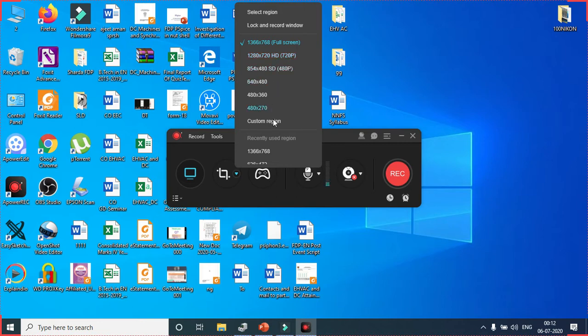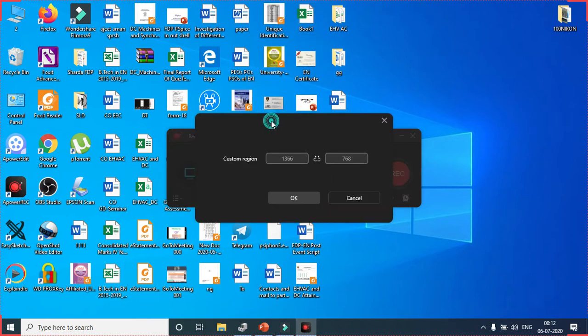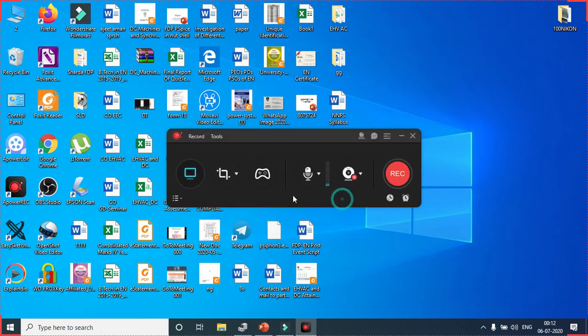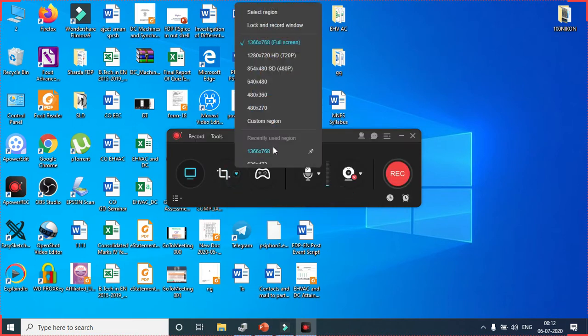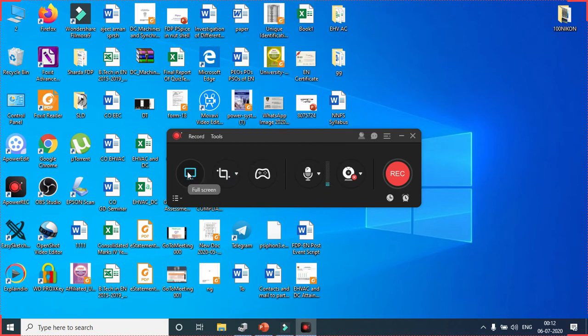If you want to select a custom region, then you need to select this custom region. Or if you want full screen recording, then you need to click on this full screen mode.